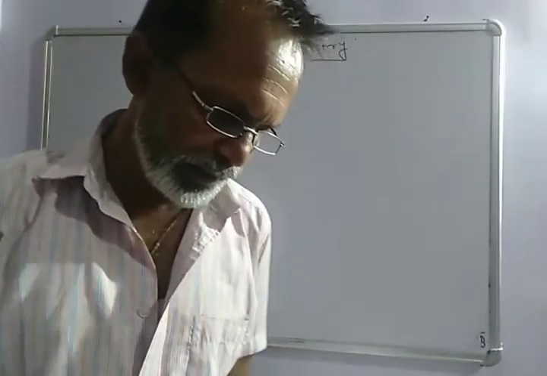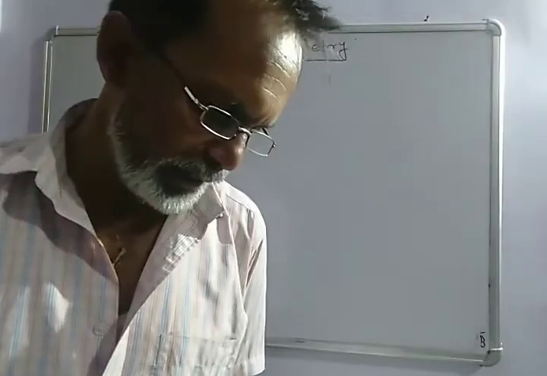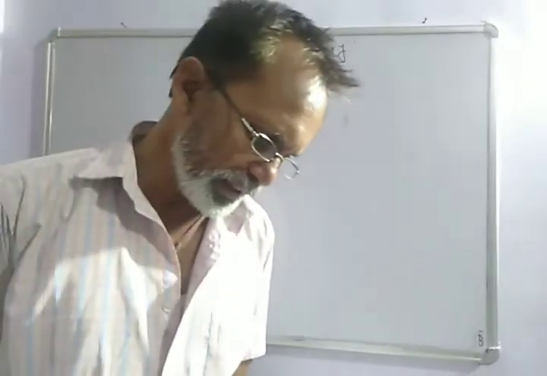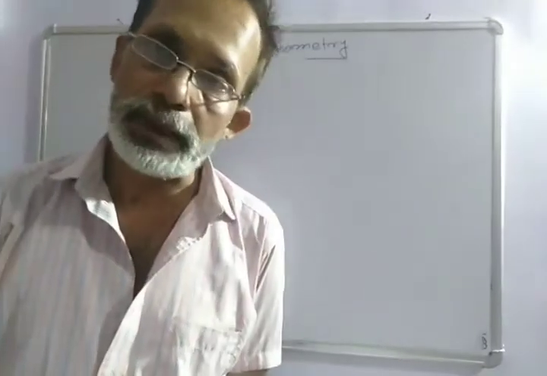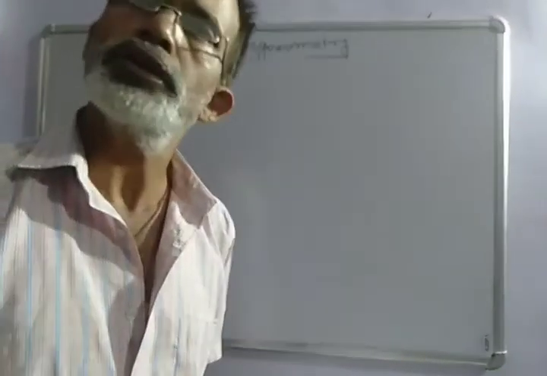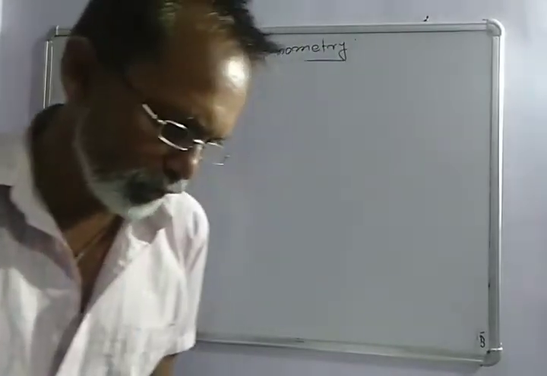Again I am repeating, the value of each trigonometric ratio of an angle does not depend on the size of the triangle. It only depends on the angles. The third point, it is clear that the values of the trigonometric ratios of an angle do not vary with the lengths of the sides of the triangle if the angle remains the same, because it is purely a ratio, and the ratios are constant for whatever may be the sides for a certain angle. If the angle differs, then only the ratio values will differ.